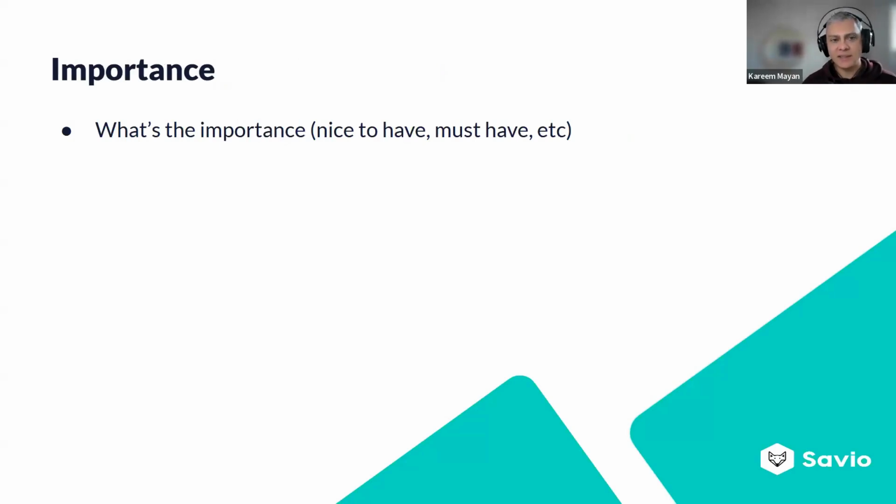And the last one is importance. So this is a nice to have, must have, deal breaker. This is usually pretty easy for the customer to articulate. It's also helpful to understand why. So like, if they say it's a must have and you provide a workaround, understanding why the workaround is not